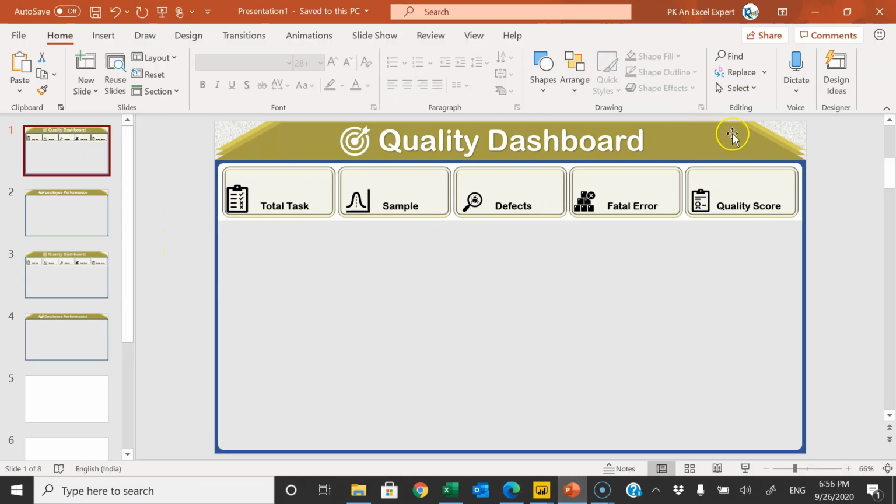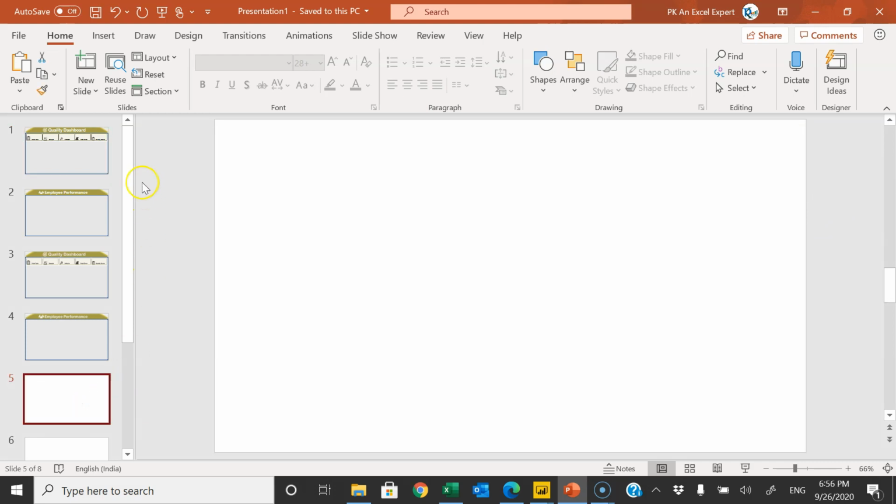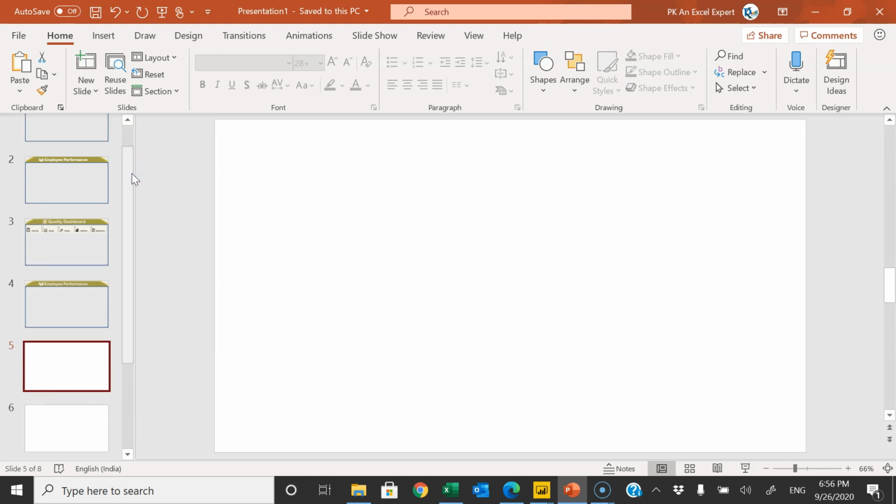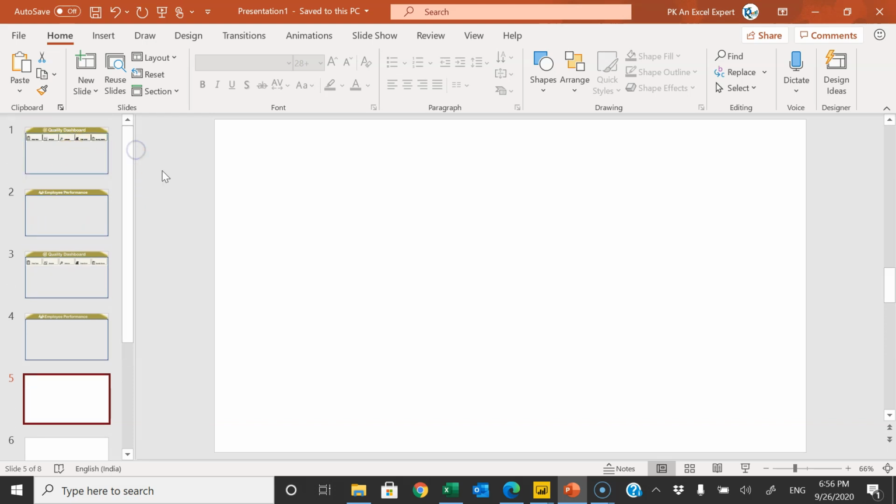You can see here I have created this beautiful design inside the PowerPoint presentation. Then I have saved it as an image, and then I'll make the background of the Power BI page. So let's create this background. I'll tell you from the starting how can you create this beautiful background. So let me go to the new blank slide, and here we will start creating a background, this first background.